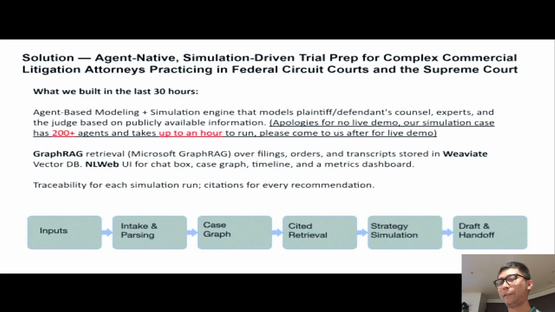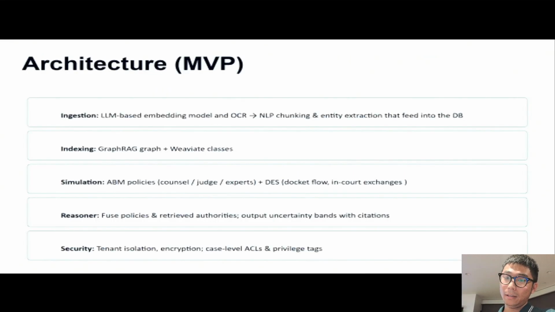We have a full-fledged strategy doc generation function. You can generate over 10 pages of strategy using our simulation framework. And yeah, that's basically our architecture.